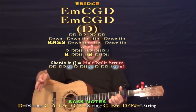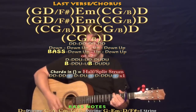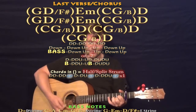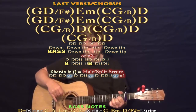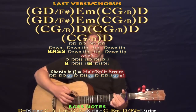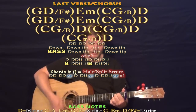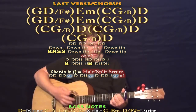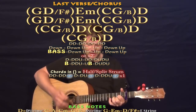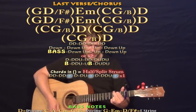from there, then we'll be going into our last verse, our last verse chorus. So we're kind of back to our G idea. We kind of got more of those C, G, Ds at the very end. So there's actually kind of 3 of those tags at the very, very end. So we tried that with the 16th note feel. Yeah, the G, D/F sharp, E minor, C,